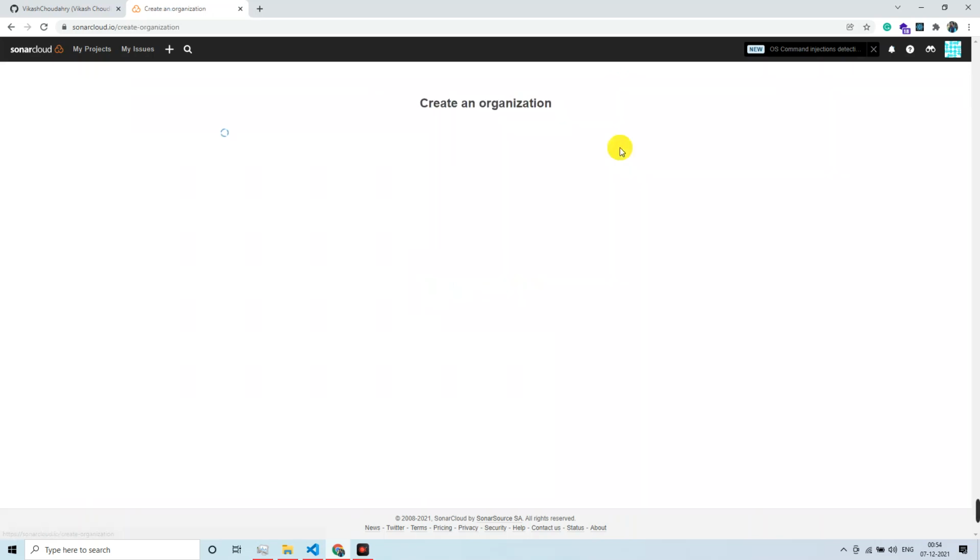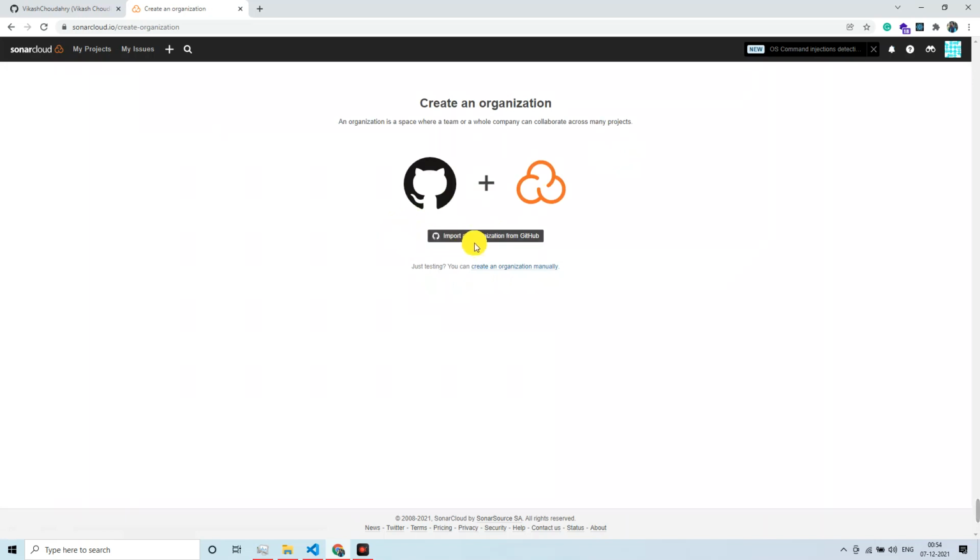So let's create an organization, and for that you can either create it manually or import from the organization itself.